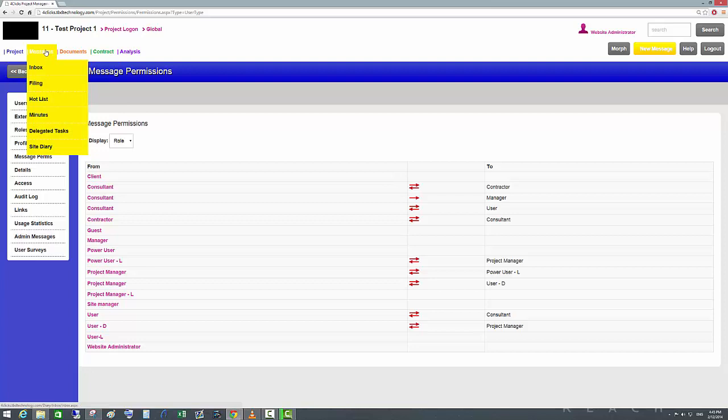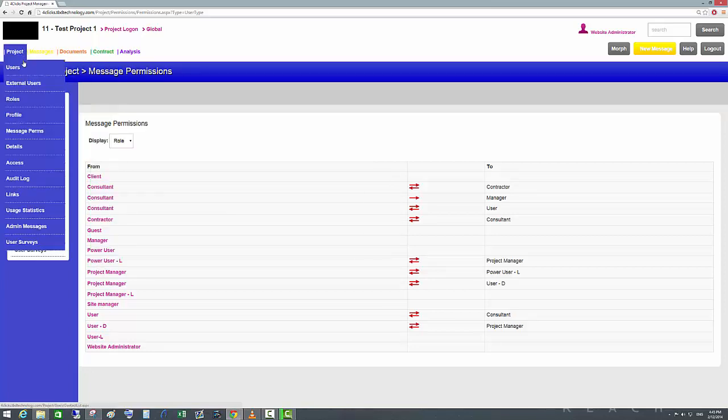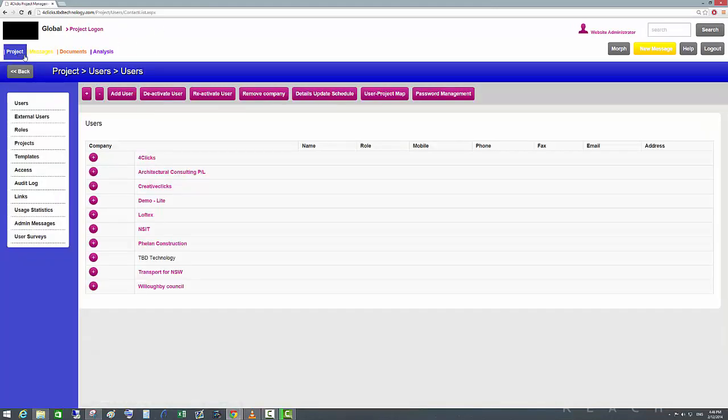The next thing is if we go to global and then project, we see the templates. Templates are folder templates that we use on a project. So if we don't want to create a new folder structure every time the new project starts, we go to the templates